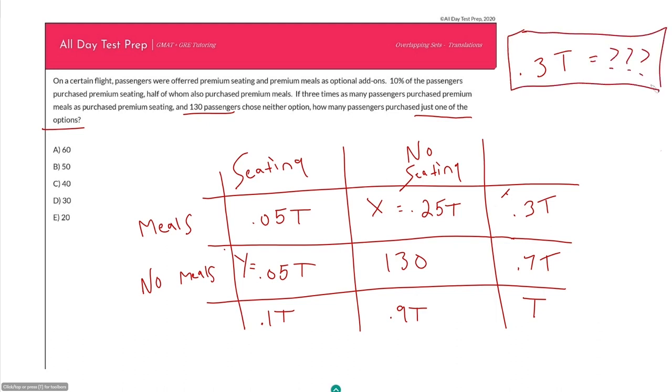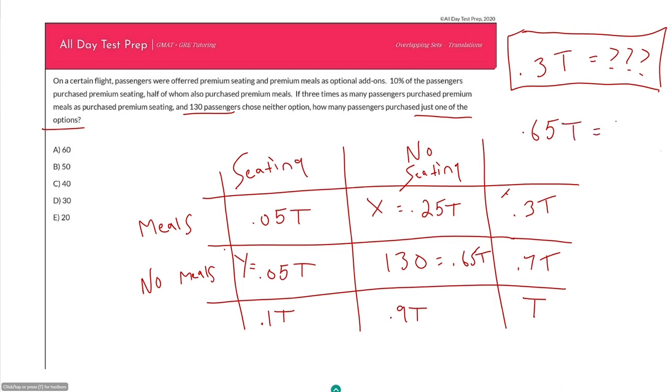So can I get an equation where I can solve for T? And it looks like I can, because if this here is 0.25 T, this box here should be what? 0.65 T, because it's got to add to 0.9 T. So 130 is equal to 0.65 T. So again, remember, I'm going to solve for T here. That is not my answer, though. My answer is going to be 30% of T. That is why when you figure that out, you want to make sure you box it off, star it, do whatever you have to do to remember that 0.3 T is what you were looking for. So 0.65 T is equal to